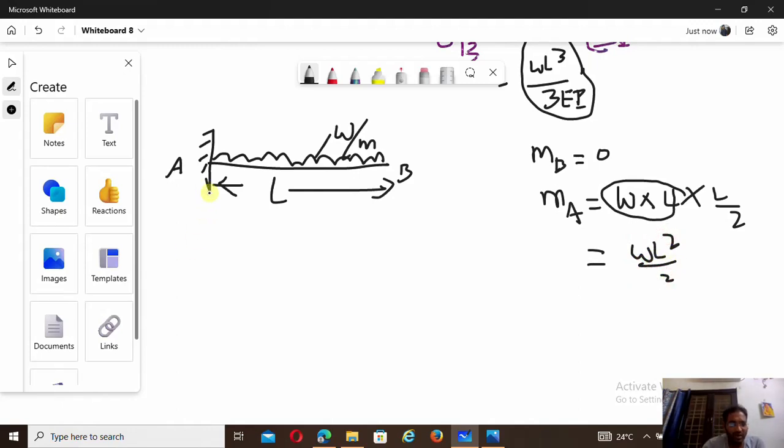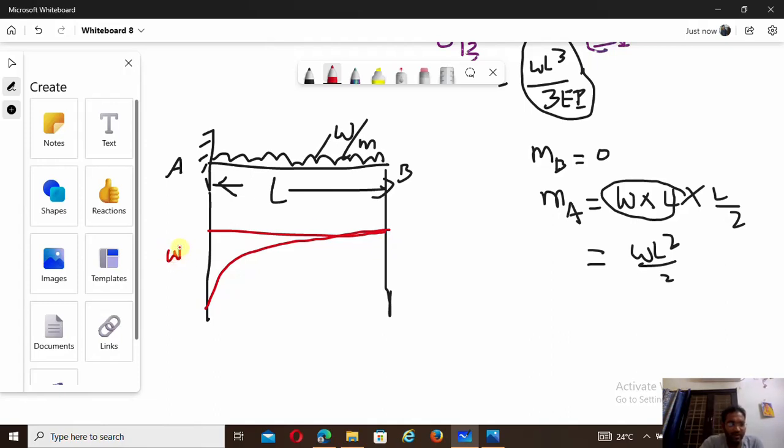Okay, now you can draw the diagram. See, so this is the diagram, and it is just like a parabola, and this ordinate is W L square by 2. Concept is same. That is Mohr's theorem 1 is applicable for slope and Mohr's theorem 2 is applicable for deflection. So first theorem defines the slope, that is theta at B. I need to calculate what is the area of this